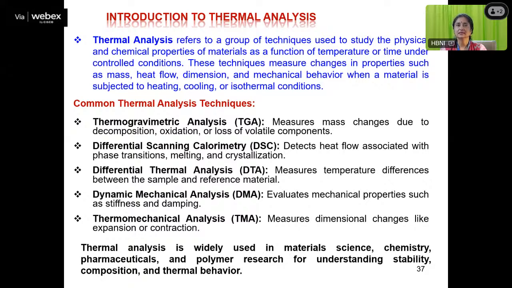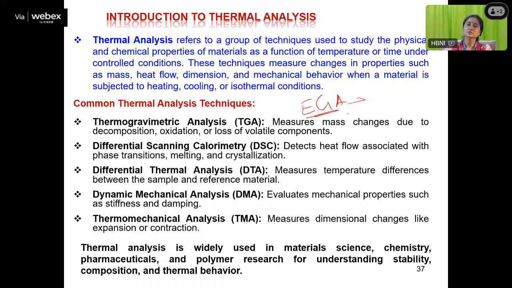Now these three you must have heard before also. Now the dynamic mechanical analysis is one which evaluates mechanical properties such as the stiffness and damping. Now thermomechanical analysis, TMA, measures the dimensional changes like expansion or contraction. Now in this I have not included EGA, which is the evolved gas analysis, because when you are heating a